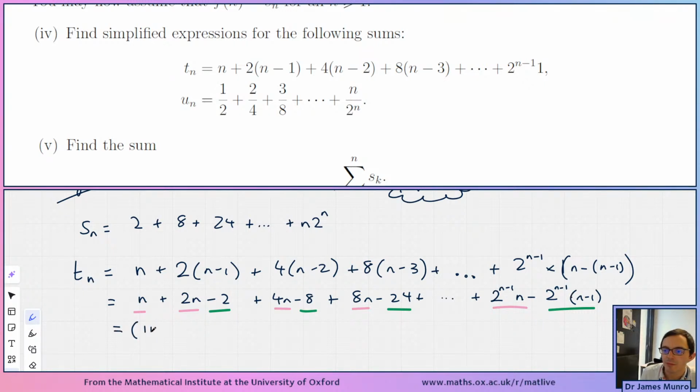So I've got 1 plus 2 plus 4 plus 8 plus dot dot dot plus 2 to the n minus 1, lots of n in total, in pink, and I've got minus Sn minus 1 in green, which looks like magic, but is just recognizing that these things are powers of 2 multiplied by the counting numbers, which is what Sn is. Aha! How did I know this relationship? Because